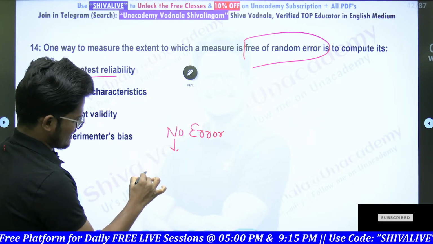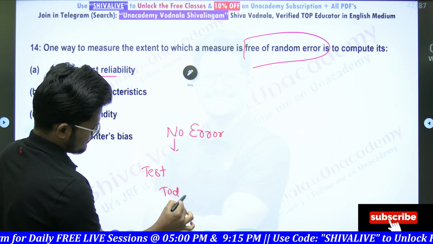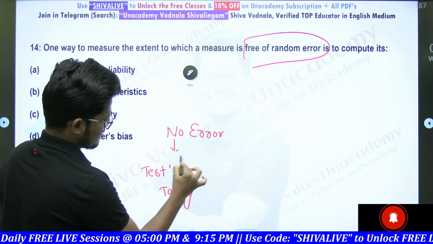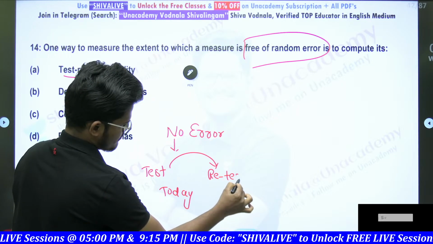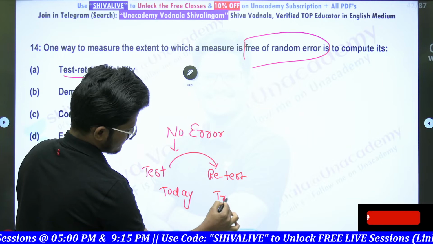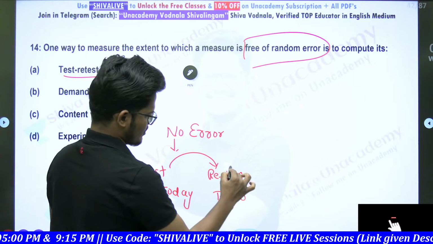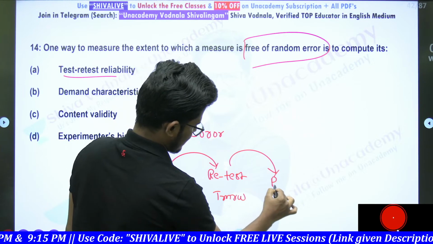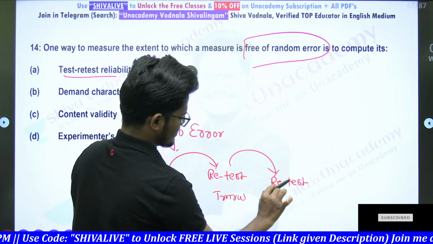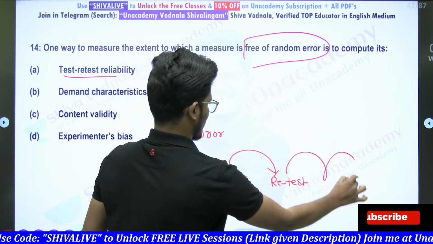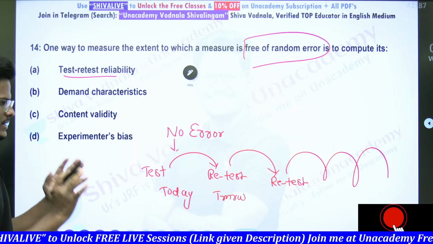I conducted my test today. Today I got one outcome, and I conducted this test again, which is the retest, tomorrow with the same elements and all. Again I got the same outcome. I conducted the test again, then the day after tomorrow again I got the same outcome. So when I am performing at a different point of time with the same variables and same situation,